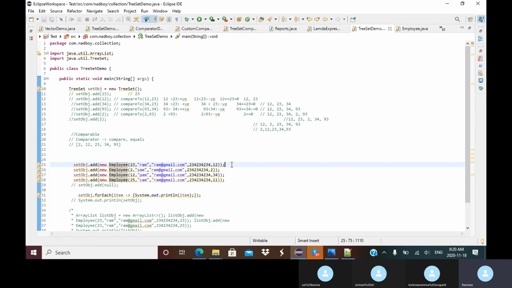That is the default, because we have implemented the compareTo method and did the custom sorting